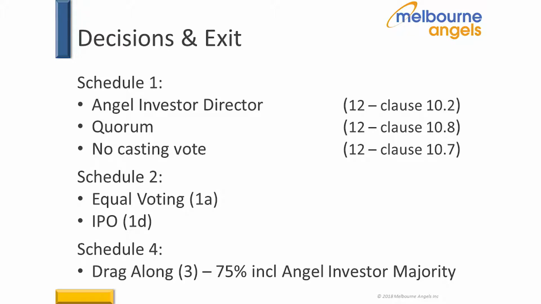The fact that our director is required for the board to have a quorum means that our director, who should be promoting better decision making, cannot be left out of key decisions. And we've also ensured that there's no casting vote in the boardroom, because typically a casting vote creates a perverse incentive and it doesn't make for good decision making. So yes, if there are an even number of people in the boardroom, you could end up with a hung decision, but that's just an incentive to work the problem a little bit harder.